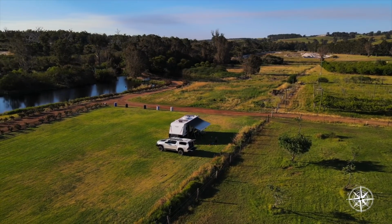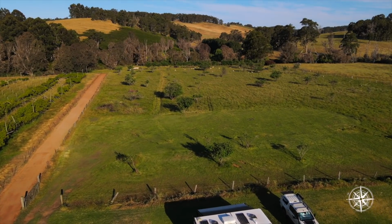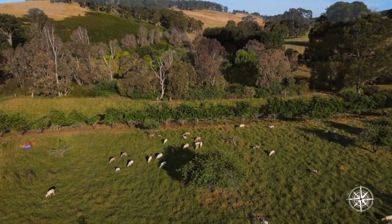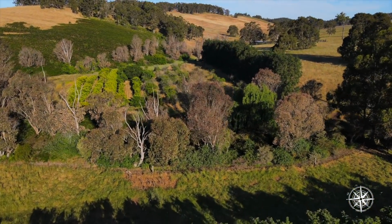Oh, it is. Even the drive down here is just gorgeous with the green rolling hills of the countryside. And then once you get out here to Pam and Terry's winery, you are met with lush green grass, more of those beautiful rolling hills, and even some gorgeous little sheep that we've been looking out on from our view